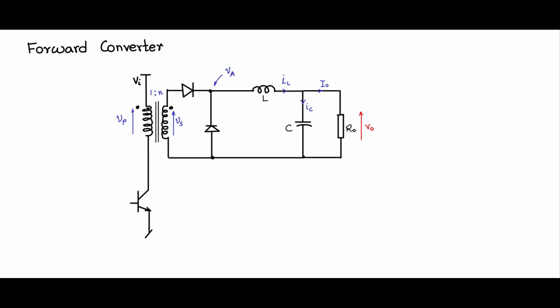Therefore, you have to provide a path for the flux in the core to reset. So we will see that there is a path for the inductor current to flow in this direction here. So we will make a path in this fashion. We will put a resistance and a diode like this. We will call these Rm and Dm. The diode corresponds to the magnetizing flux reset path, and Rm corresponds to the magnetizing current reset path.